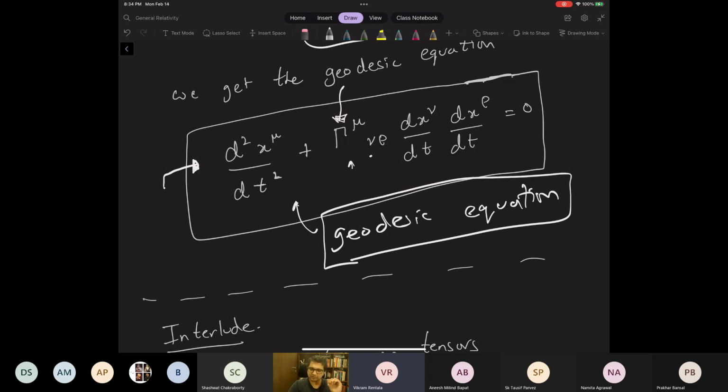Then the geodesic equation will uniquely tell you what are the shortest possible paths between 2 points in space-time. Remember that I told you that you can show for free particles that they'll follow the shortest possible path in space-time. This will be true even in the presence of gravitational fields, but in the presence of gravitational fields, space-time will be curved,